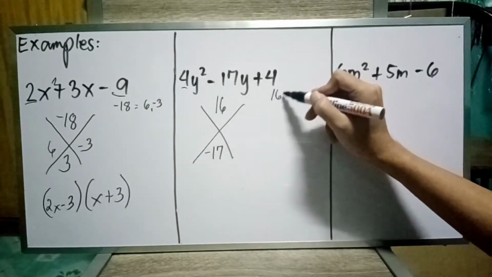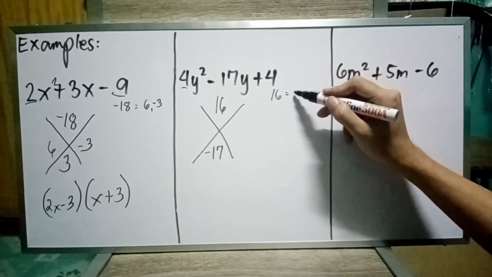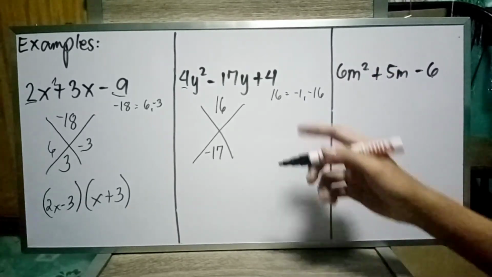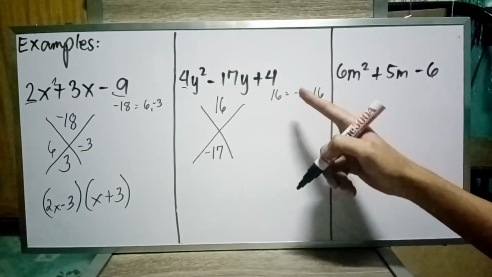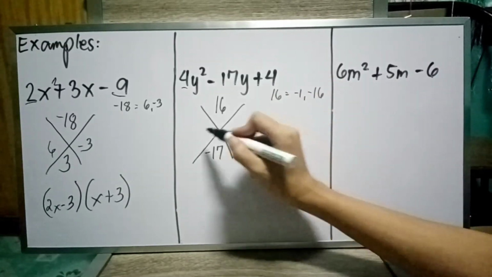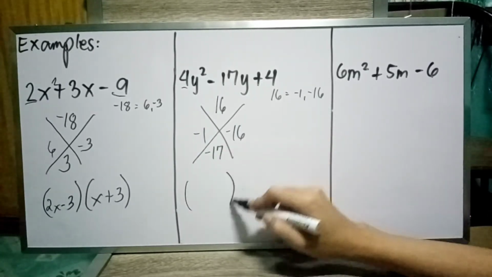So 16, it can be what? Negative 1 and negative 16, right? Negative 1 times negative 16, that is positive 16. Negative 1 plus negative 16, that is negative 17. So minus 1 and minus 16. Factor